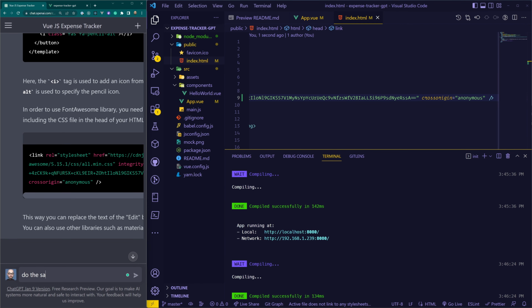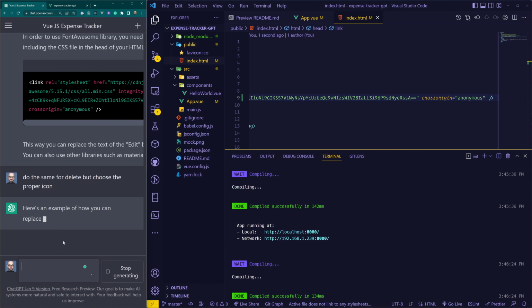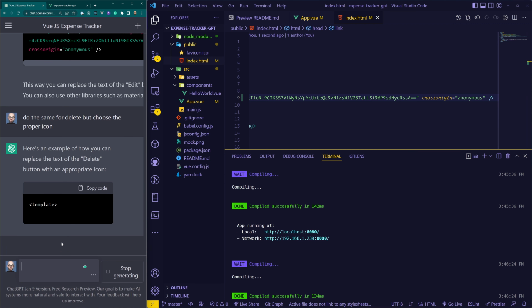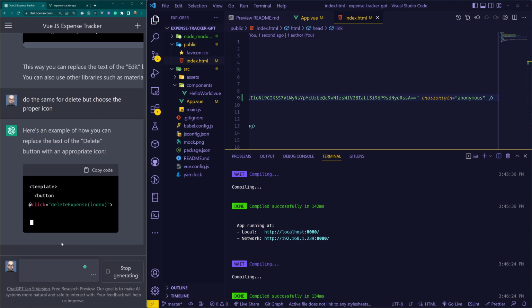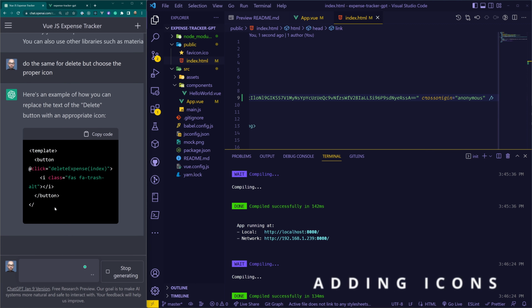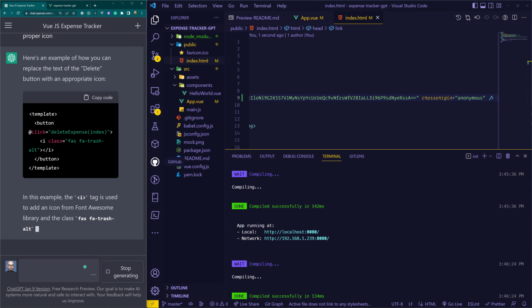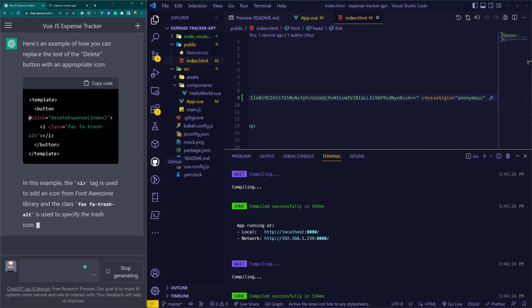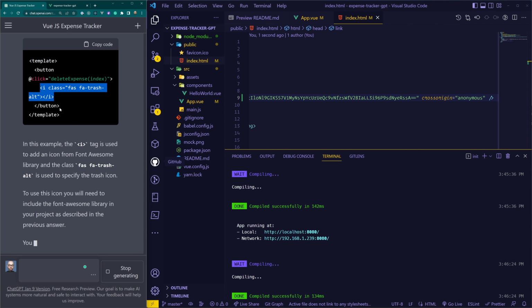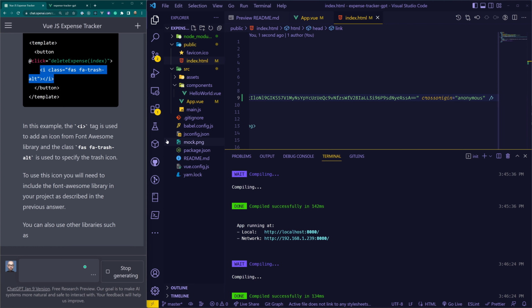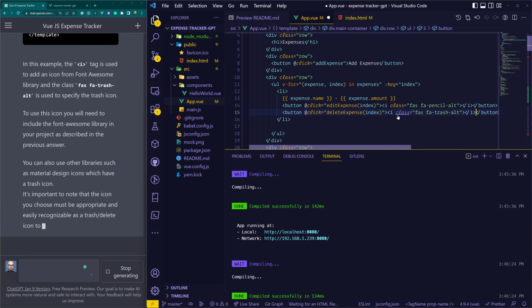Do the same for delete, but choose. Let's challenge it. Choose the proper icon. If it's gonna use the trash. Oh my god, this is awesome. Okay. Wow. I didn't even have to give it details of what type of icon I'm looking for. Okay. I don't know if this is scary or